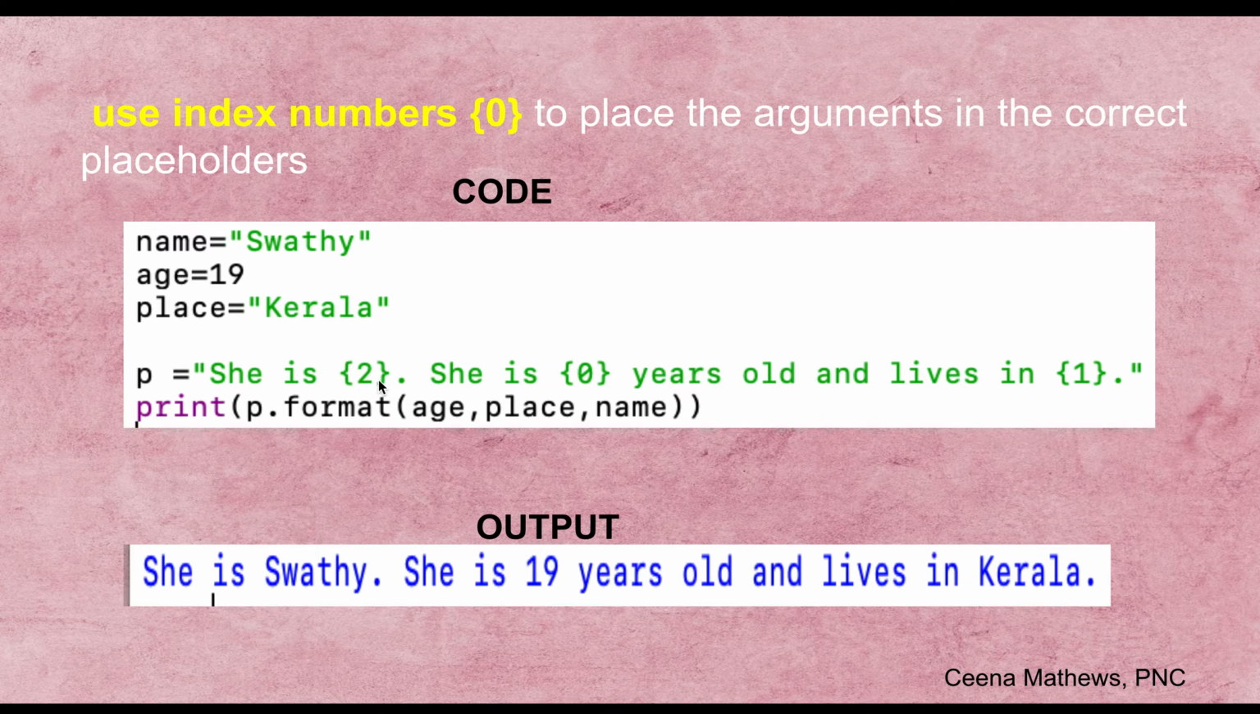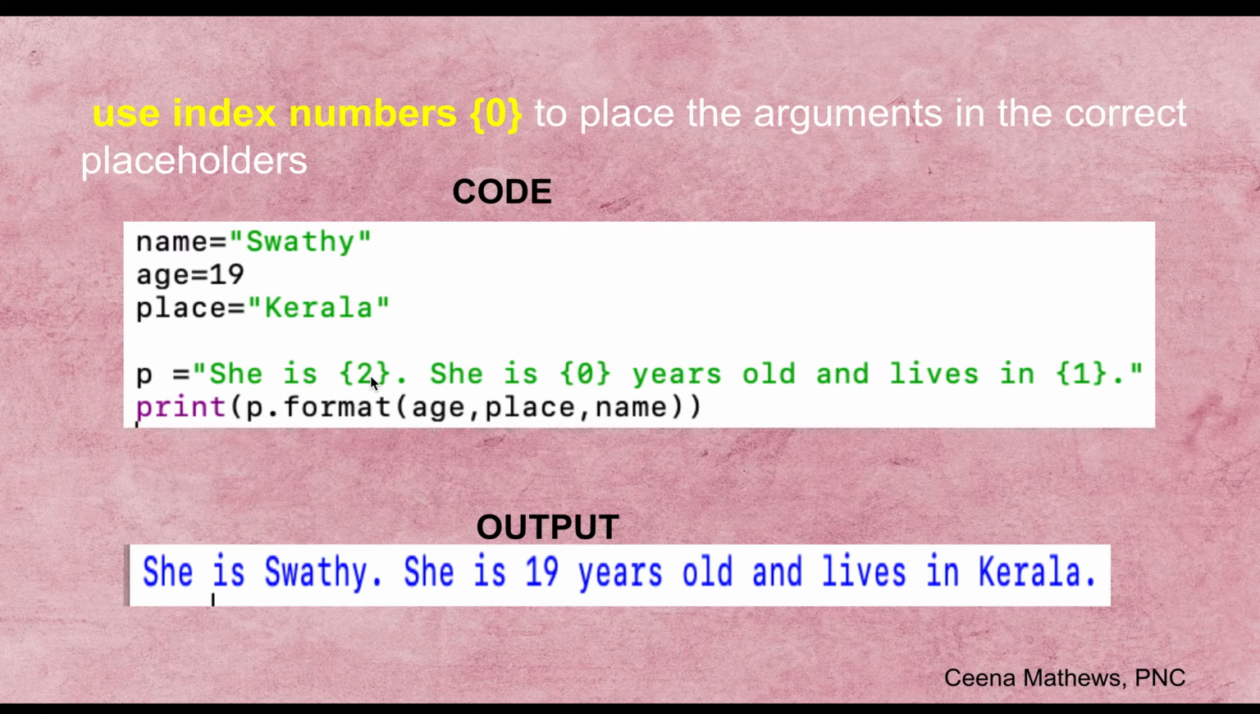instead of empty placeholders I have used here index placeholders, and here 2 represents the index representing name. According to this format method, the first argument is given the index 0, second argument is given the index 1, and the third argument is given the index 2. So here, since I want to print name and name is present here as third argument, so I give here